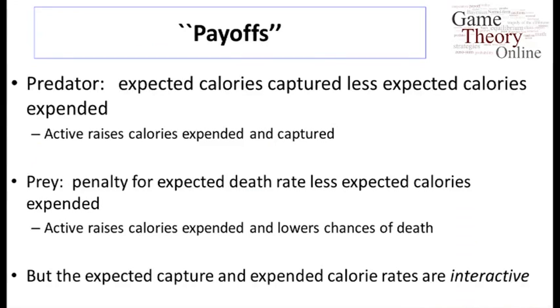So let's talk a little more about what that is going to be. The idea here is you can choose to either have an active strategy, meaning that you're expending a lot of calories, moving around quickly, or you can sit and wait. So spiders you could think of as being a passive insect. Something like a lion that moves around and has to chase prey, that's going to be an active strategy. So they have the choice of being active or passive, and the payoffs that they get are kept track of in this formulation by just keeping track of the expected calories that they capture less the expected calories that they